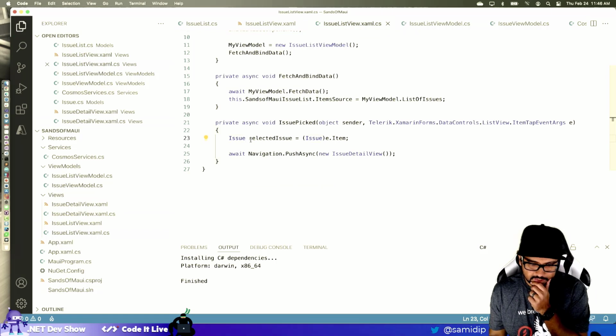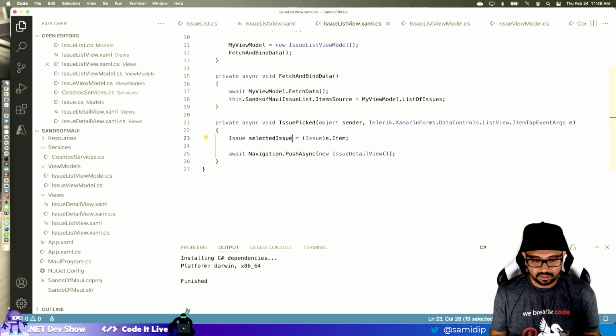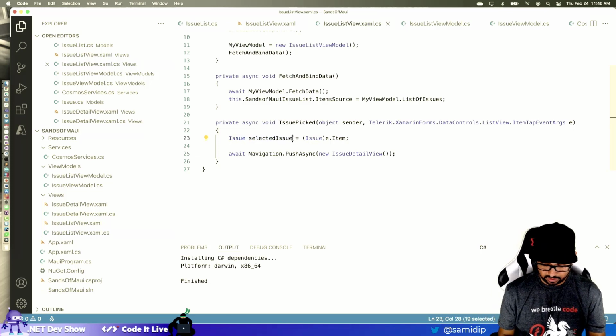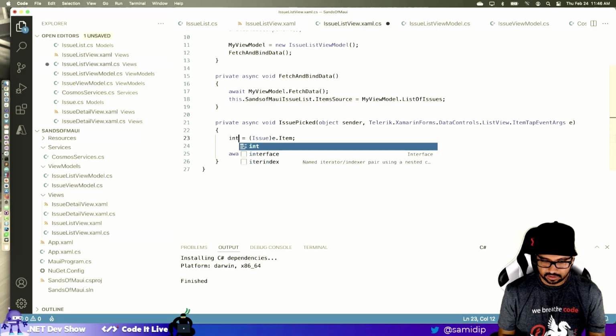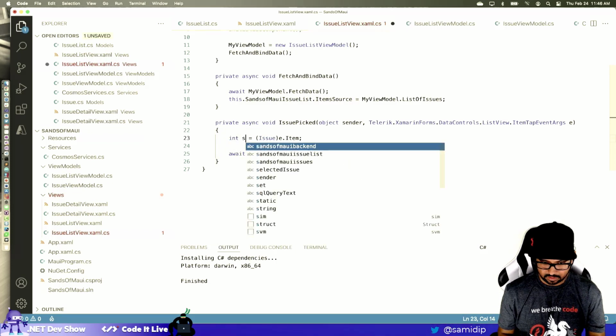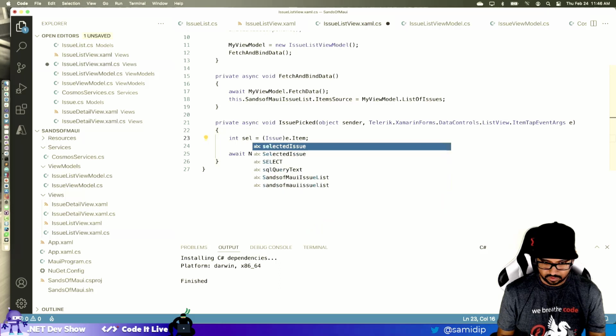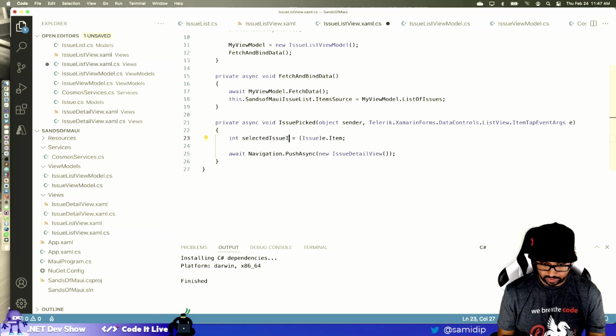Now it's not exactly an issue that we are sending though. I'm really sending the ID of the issue because I don't actually have the issue on hand. I haven't done the lookup yet. So it should be an int of selected issue ID.